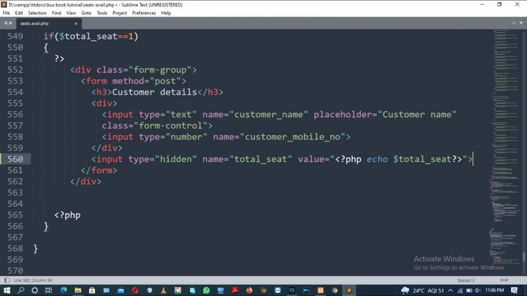After that we will have the closing of the input tag.